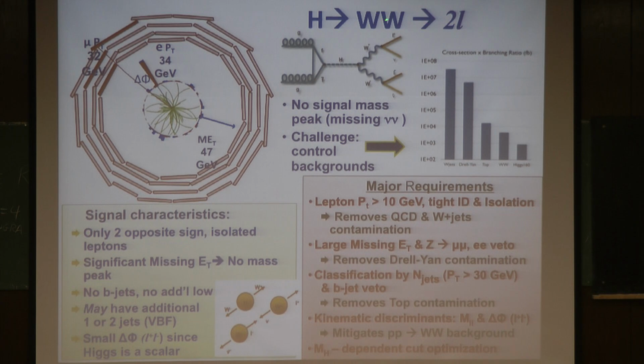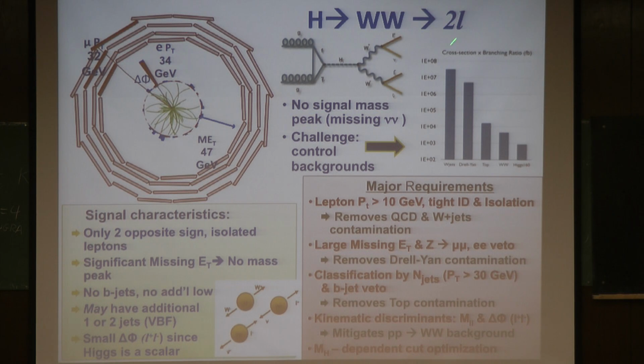So there it is, WW, 2 leptons, 2 neutrinos. This is one of the candidate events. The missing ET is from the neutrinos. You've got the lepton, electron, and muon here. This is the delta phi between the 2 leptons. And here the angular correlations play a role, whether you've got a scalar, a pseudoscalar, and so forth. So you've got handles with the angles. Here are the signal characteristics that we are taking into account in order to design the analysis. And here is the design of the analysis.